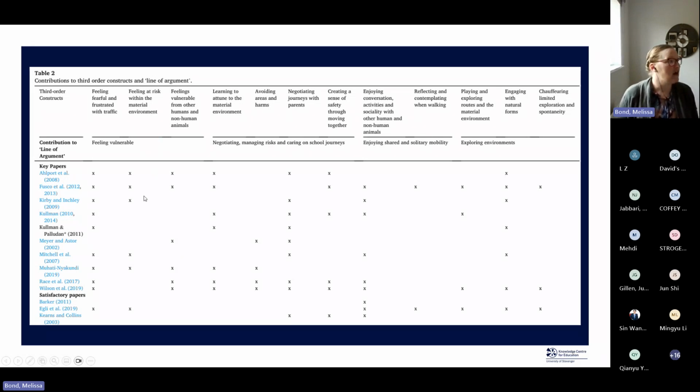And in particular, Kuhlman, for example, and Kuhlman and Paludan found that students were feeling fearful and frustrated with traffic. A really fantastic overview of the themes and concepts that they found within these studies.